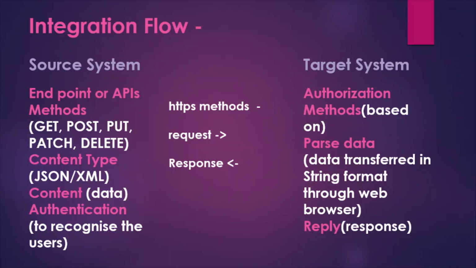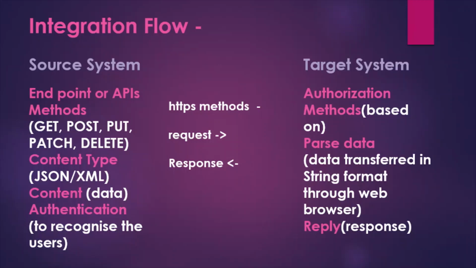So to access the endpoint, the user should have access, because everybody cannot access it. Only a set of specific users will have access to the APIs, right? Everybody cannot come and access it. So for that purpose, we define authentication so the system can recognize the user, and then the system can show the data, and the user will have access to modify the data as per whatever access they have.